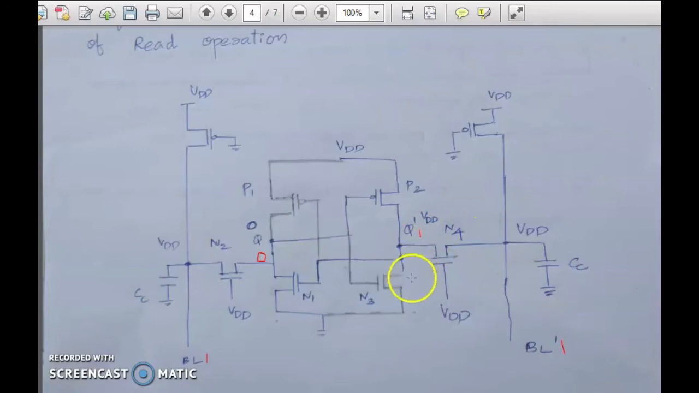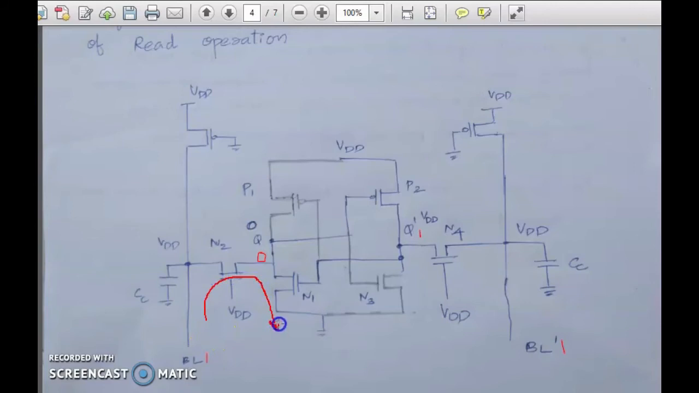That means there won't be conduction through this transistor. So there won't be a significant decrease in the voltage level at the bit line bar. That means it will remain at 1. But here there is 1 and here there is 0. So there will be a voltage difference, and therefore the current will pass through this N2 and N1. That means the bit line will be